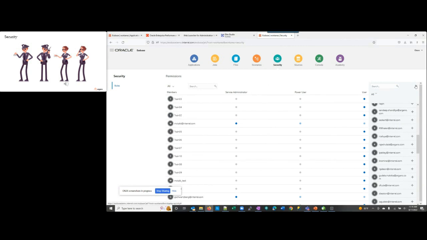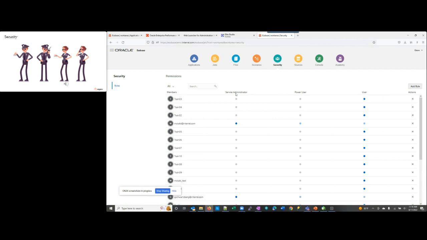Now, when we do so, we add them as either a service administrator, which means that they can do anything, or a power user, which means that they have access to create their own applications and give security access to their own applications to other people. They also have access to applications that are explicitly given to them. And then most of your users are going to be standard users, which only have access to applications that are